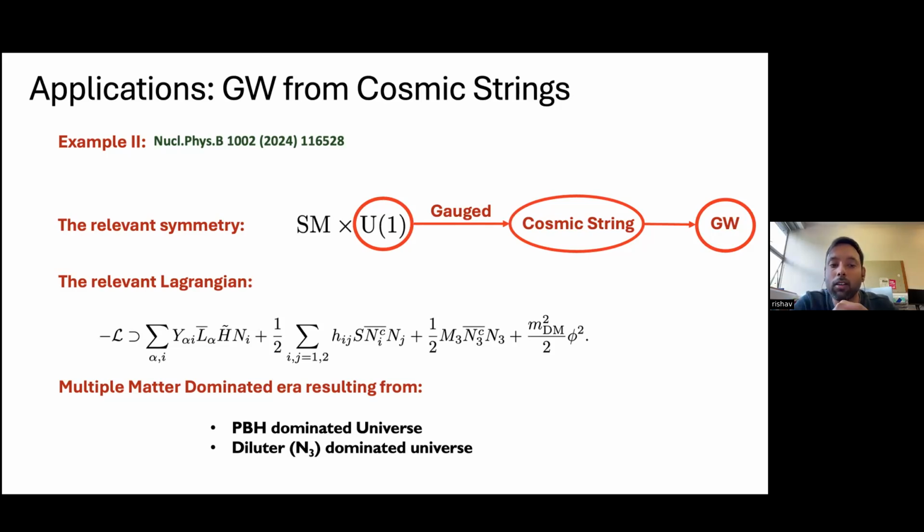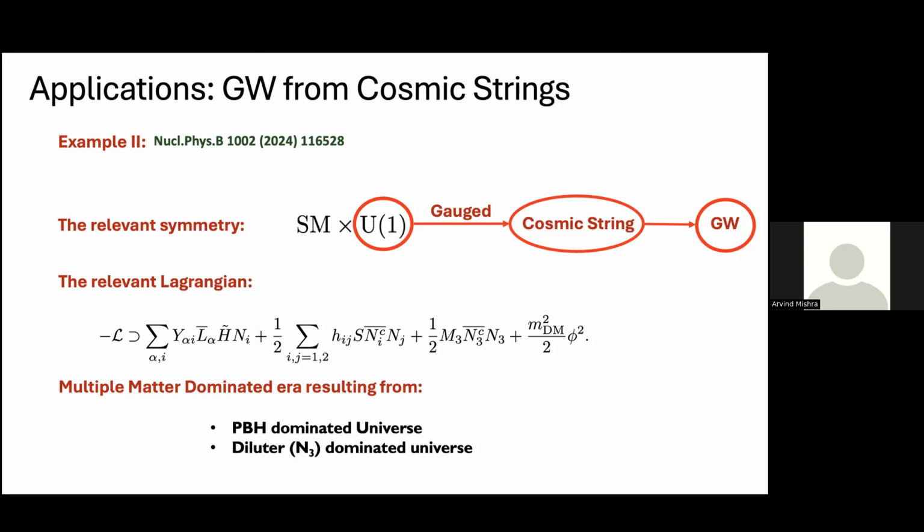As a result of this feeble interaction, it was not produced from the bath. But since it was there in the universe, PBH evaporation will definitely produce this right-handed neutrino. Again, it depends on the mass how much the right-handed neutrino will be produced. These things I will be discussing in the coming slides. Okay, thank you.